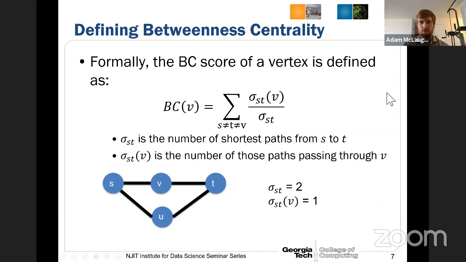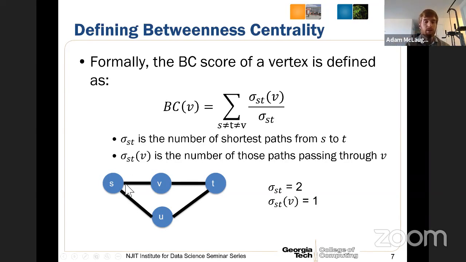So let's just go ahead and formally define it. I promise not to put up too much math here, but it's useful to get an equation and an example to go with it. So I went ahead and added the slide. Formally, if you want to look at the betweenness centrality of a vertex V, you can take it as a summation for all vertices S and T that are not equal to V of sigma S T of V over sigma S T, where the denominator is the number of shortest paths from S to T,